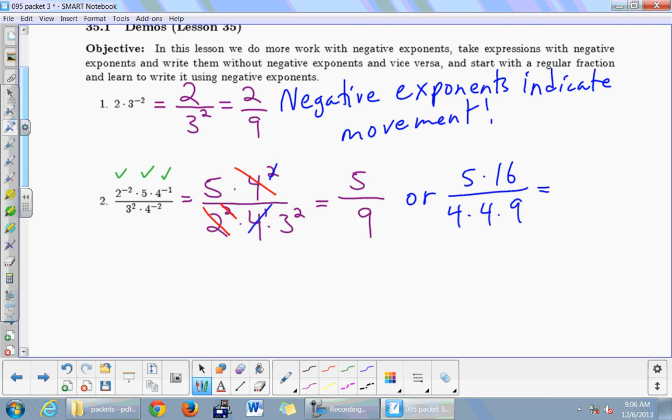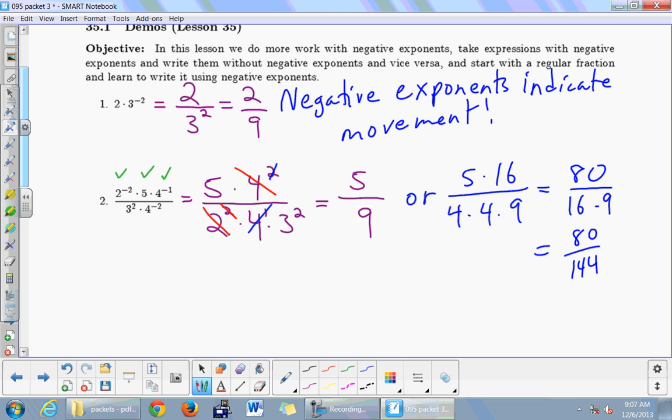Okay, 5 times 16. How many of you guys just know that one in your head? Right, it's one of those that it's just beyond what we've memorized. So you got to do a little bit of work. It's 80. Divided by, downstairs, 4 times 4 is 16. But who here knows 16 times 9? Yeah, but it's not one of those, you got to do some work. And so we get 80 over